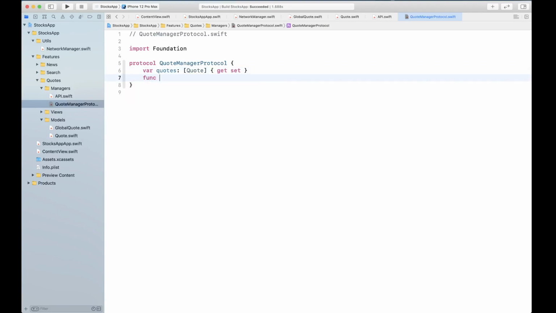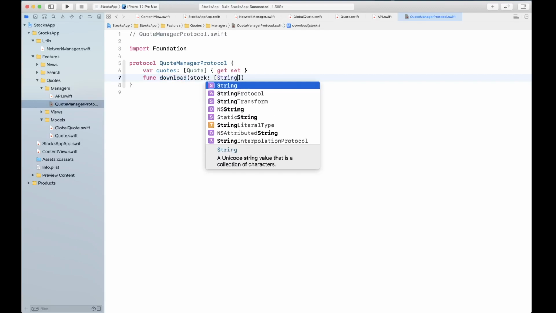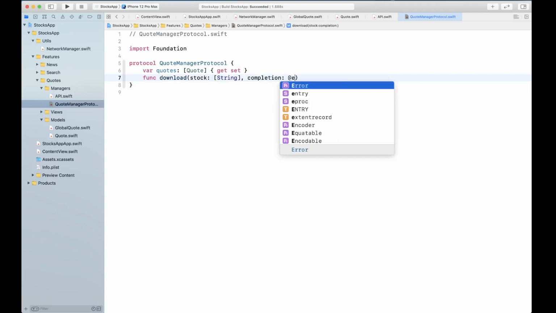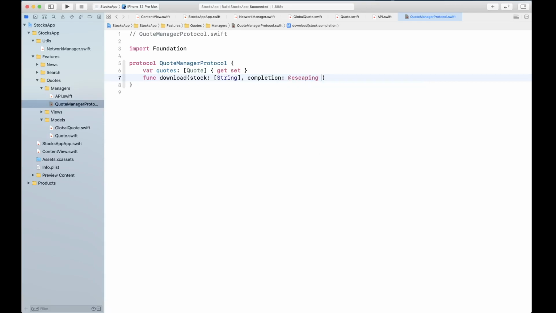We also have a function called download, which is going to take an array of stocks that need to be downloaded, and a completion handler which is going to be of type escaping, and this is going to return a result of quote.